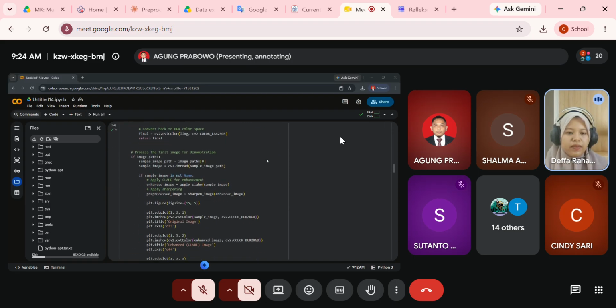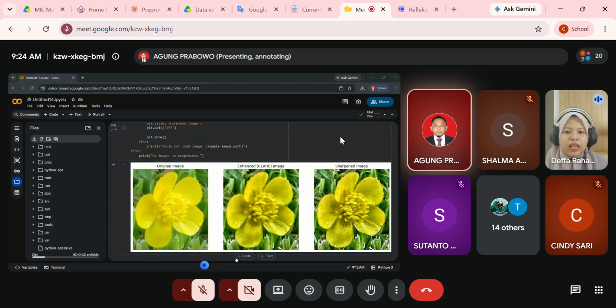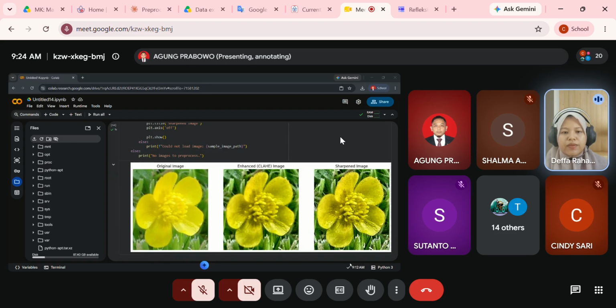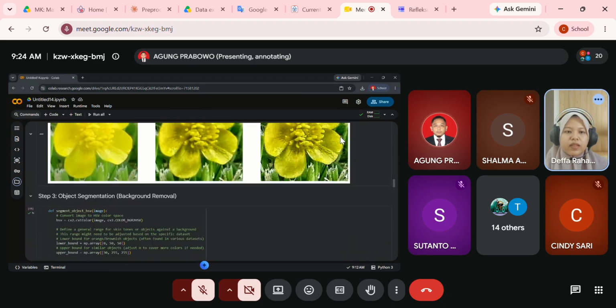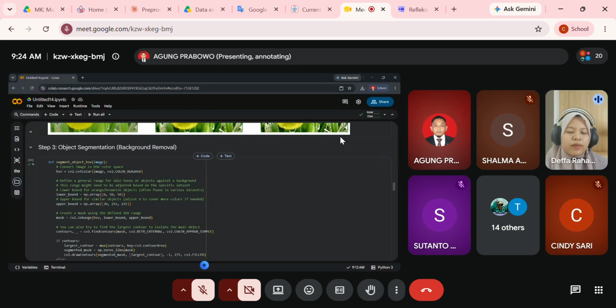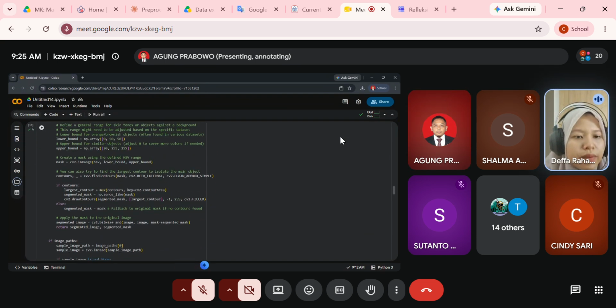Okay, and then you use CLAHE. CLAHE itself is the next level of histogram equalization, using an adaptive approach. Okay, and then background removal. So how do you remove the background in here?